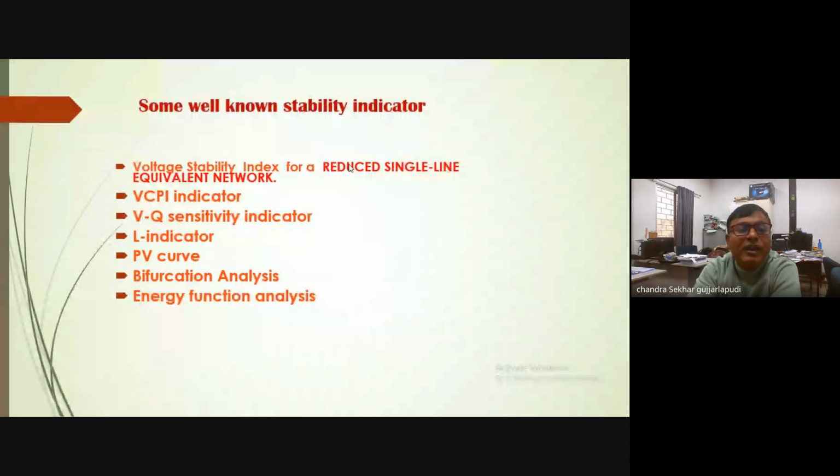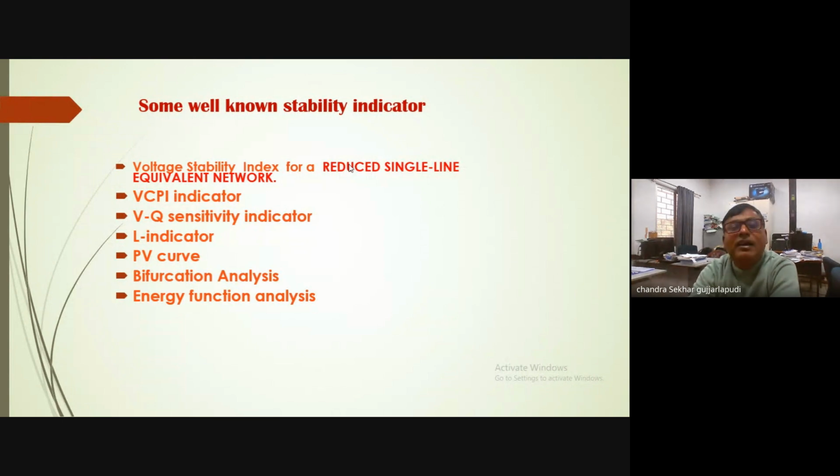By using any of these techniques, you can determine the stability indicator or your target value. And for different line configurations and network configurations, you can find any of these indicators,